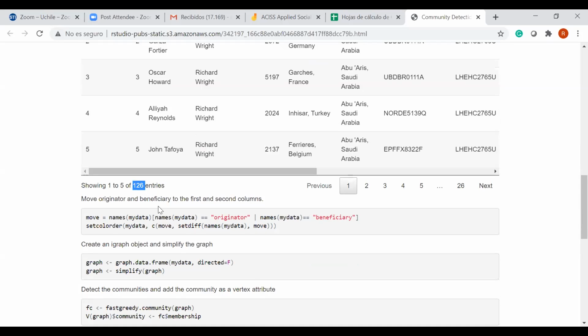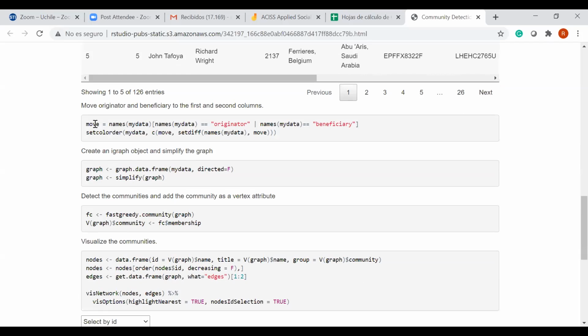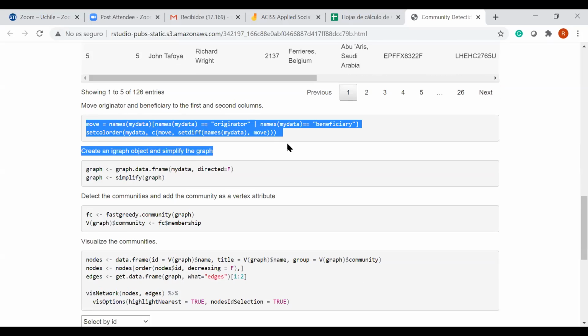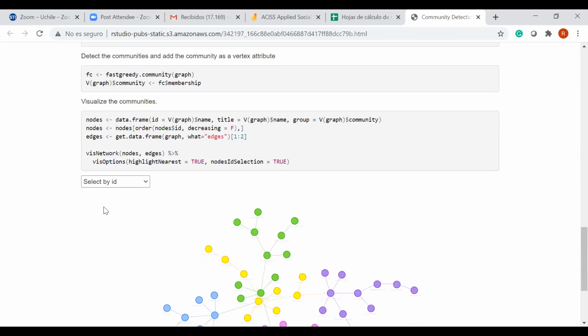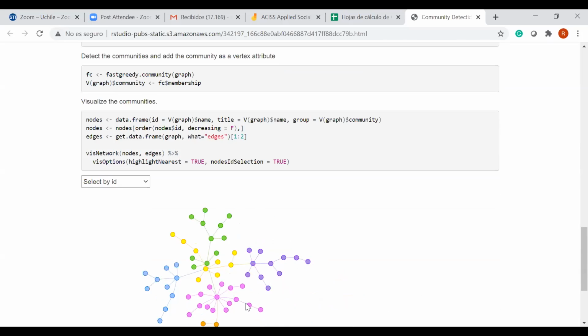Here we have 126 nodes. And then there is R code, even with commands, move originator and beneficiary to the first and second columns with the respective R code. Then create a graph with the respective R code, and so on. And that's what I did. And that's what I have